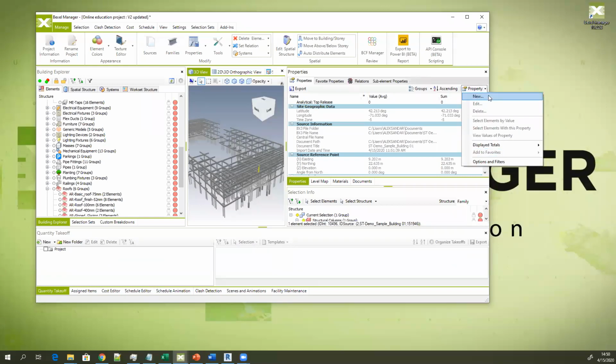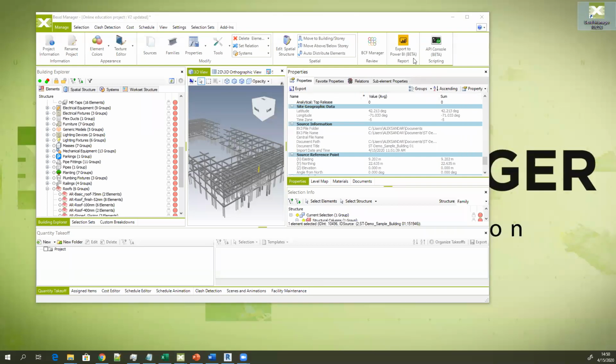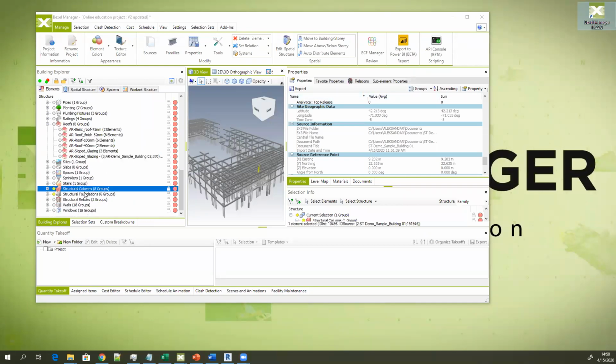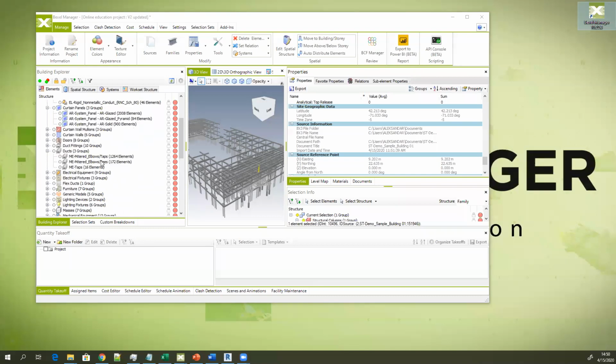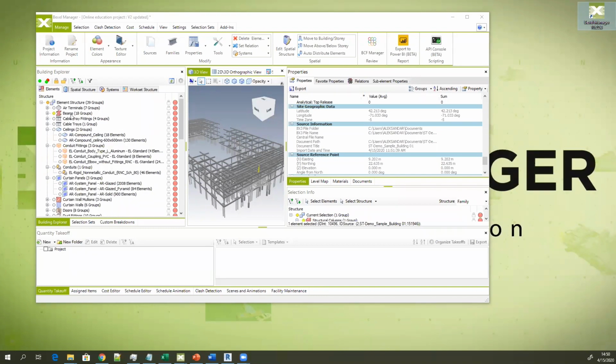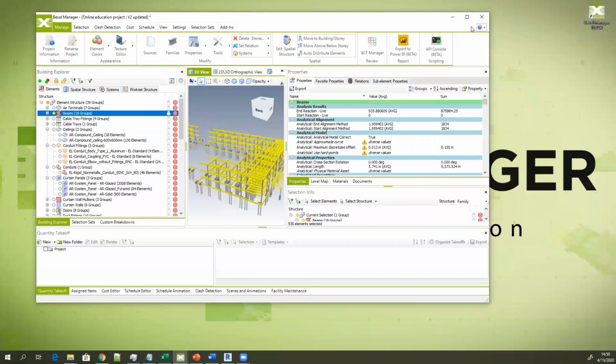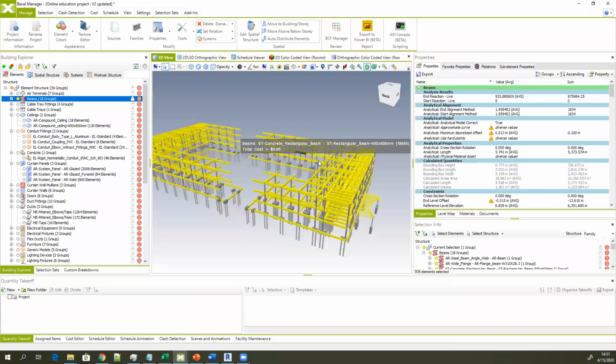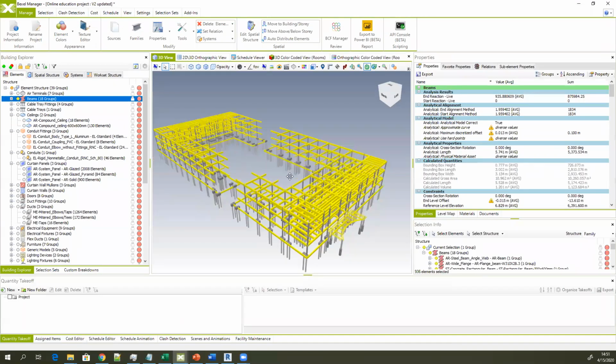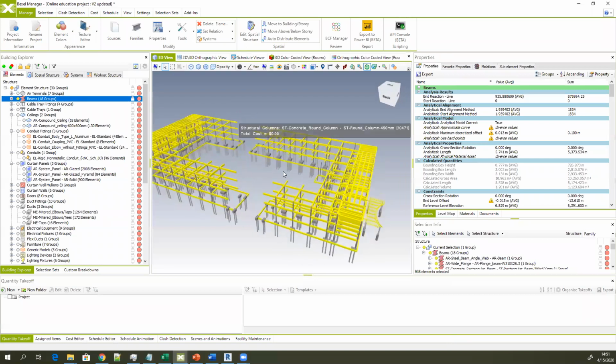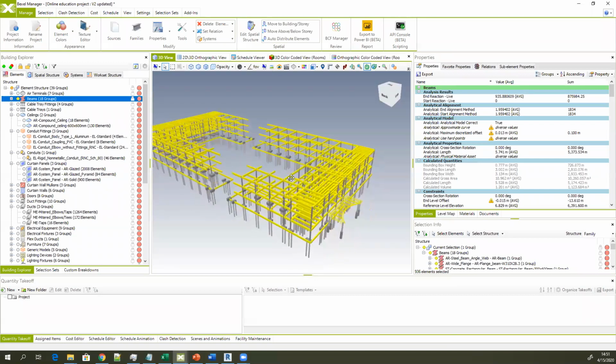This is how you can add new properties to selected elements. If I want to add properties to my structural beams, I can select the beams from the beam model,